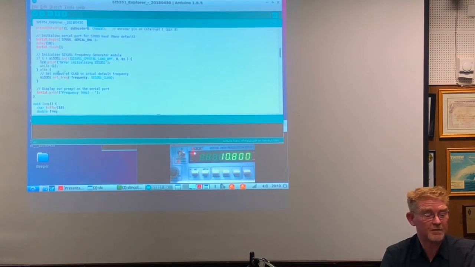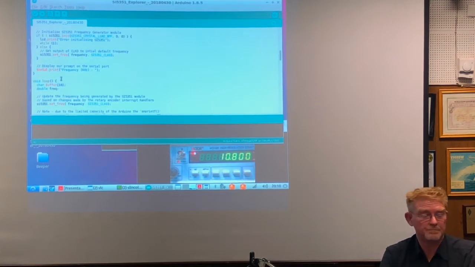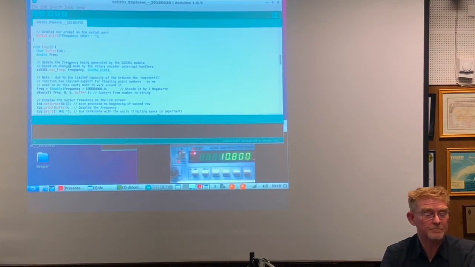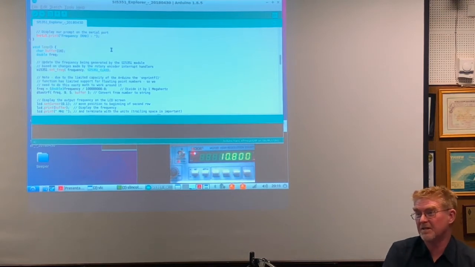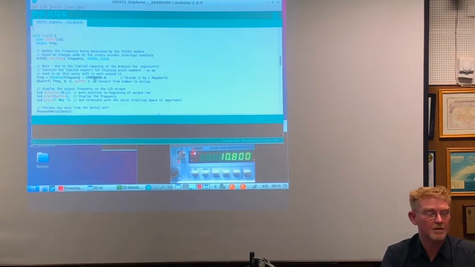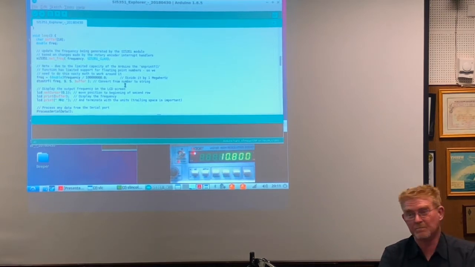We set up the frequency generator. We initialize the frequency. Put the text out the serial port, and that's set up. Looping through, very easy. I've got a global variable which is controlled by the rotary encoder that specifies the frequency, so it's changed to the frequency. Now, of course, if the frequency hasn't changed, nothing terribly different happens. We do a bit of mathematics here to take that frequency, turn it from a number into some text that I can display on the LCD.